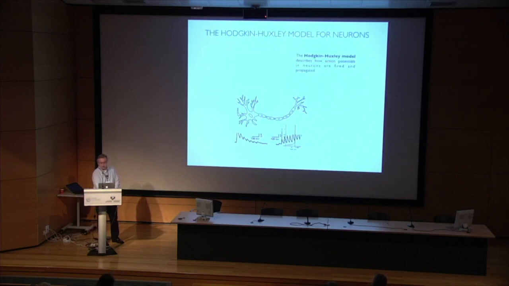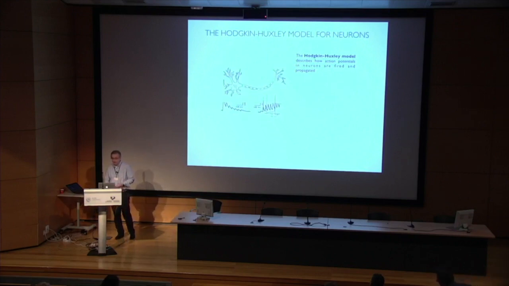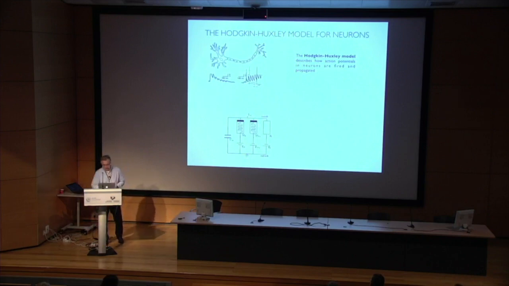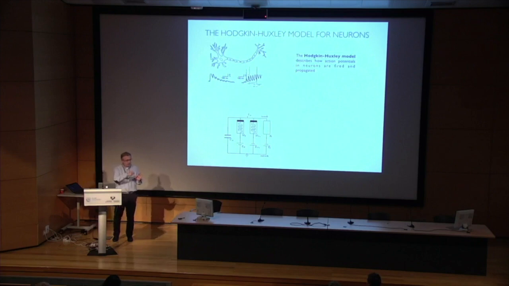And what this model pretends to do is to describe how action potentials are fired and then propagated along the axon. Essentially, it's the propagation of the action potential along the axon. And they did this by using this particular animal model because it has a huge diameter. It's almost 1 millimeter in diameter. So they could actually put measuring apparatus, electrode clamps, in the axon.